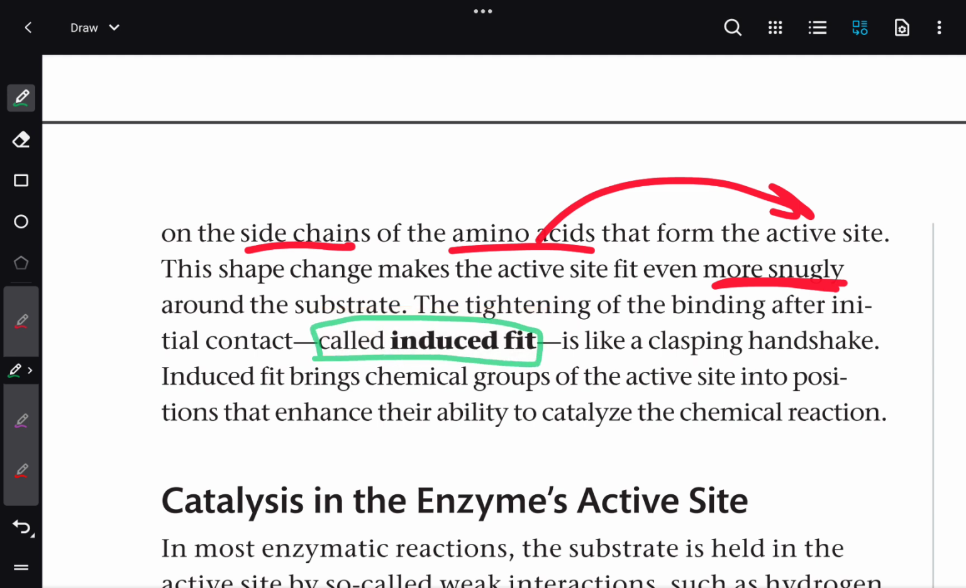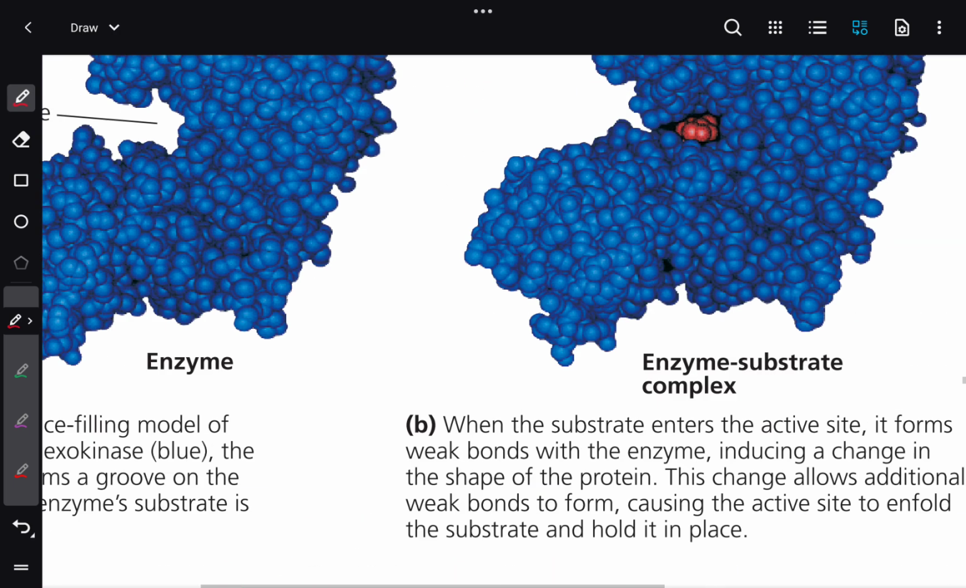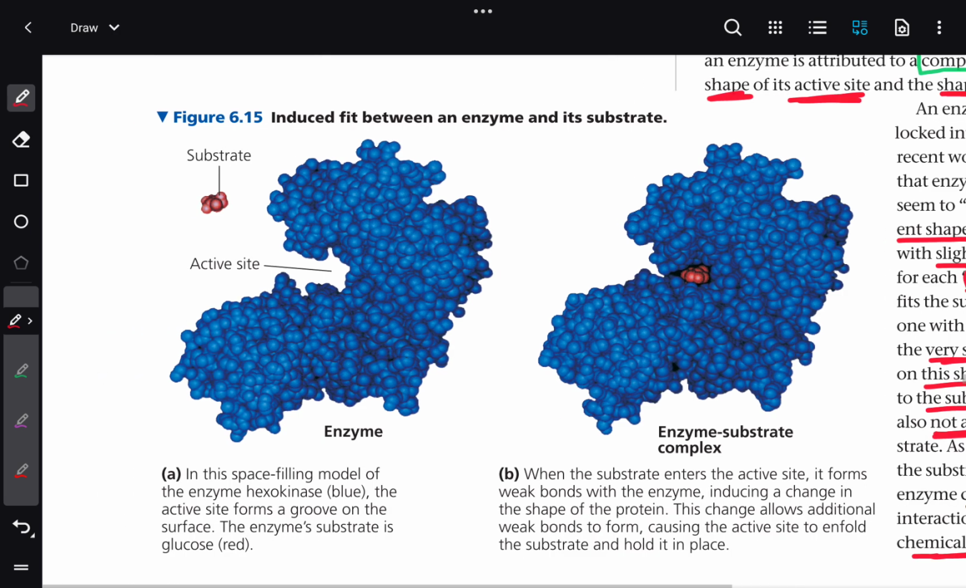Induced fit. Now, it's like a clasping handshake. Like, that's a good analogy. Induced fit brings chemical groups of the active site into position that enhance their ability to catalyze the chemical reaction. So if you look here, now the induced fit between an enzyme and its substrate. Now we have an active site here. Okay, make sure to remember that